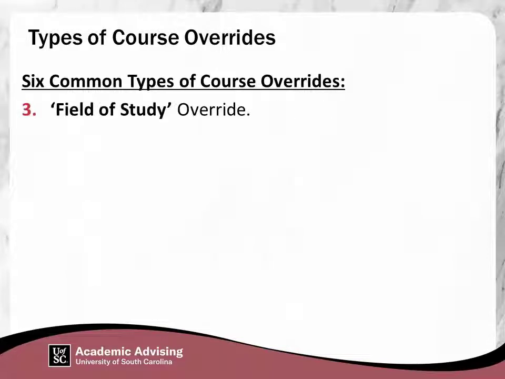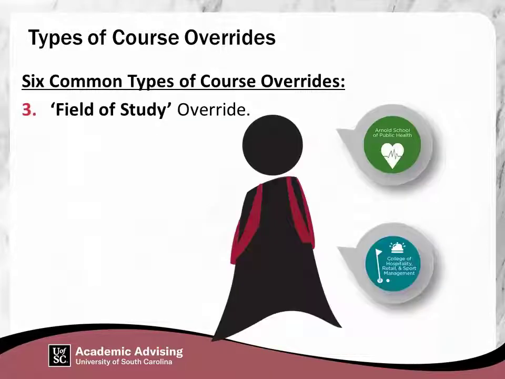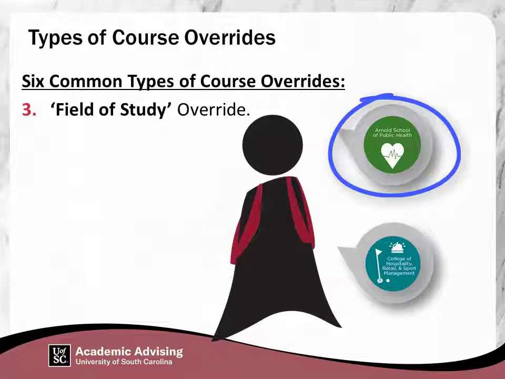3. Field of study override. Some courses are restricted to a specific field of study, major, minor, or concentration. Students who wish to take a course that is not part of their declared field of study may request this